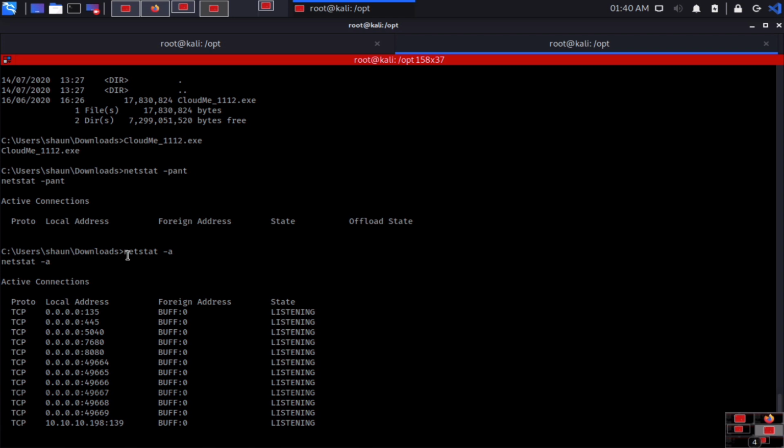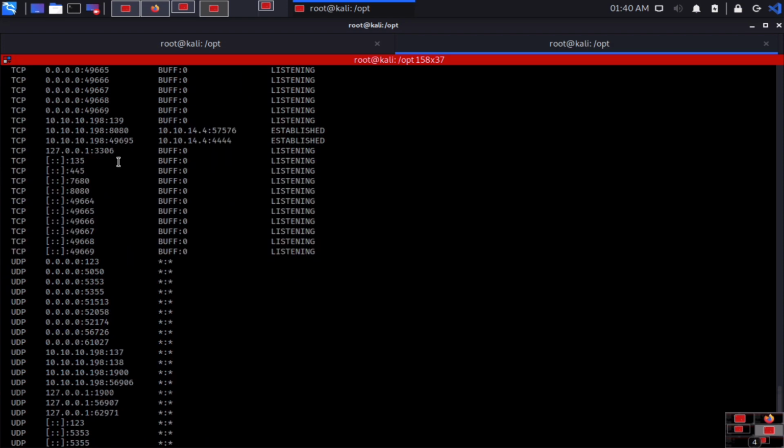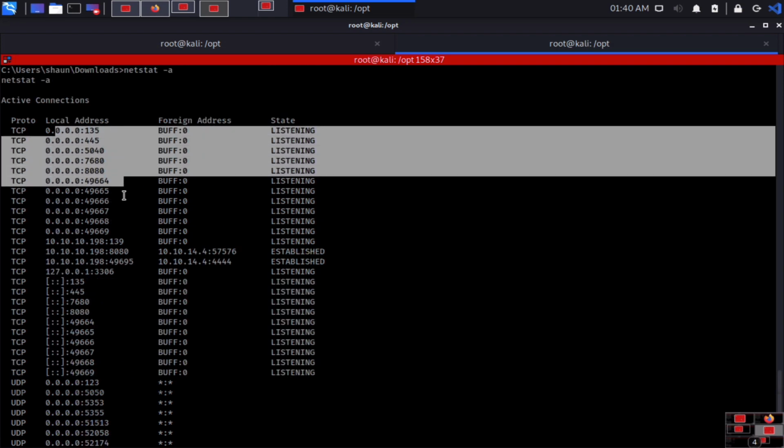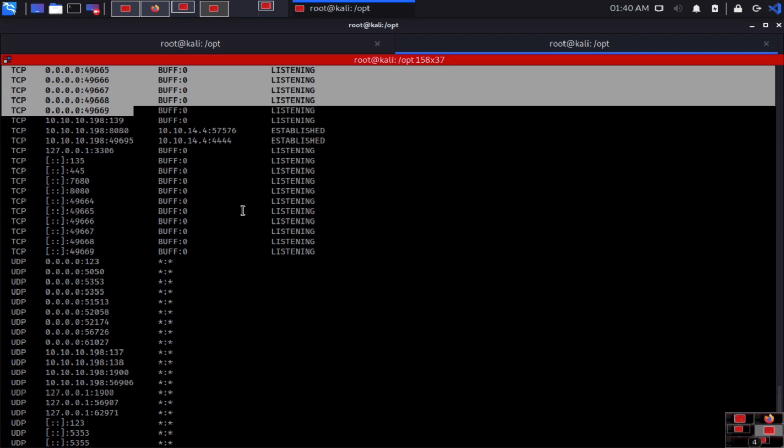Let's see if we are able to get any port or not. You can use // also if it's PowerShell, but I'm just typing and checking what exactly the output is. I think I'll get something here. This is still loopback. I'm not able to see any port related to 8888. Maybe it will take some time. Okay, then I'm able to see.